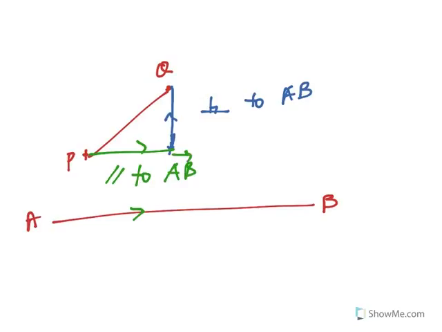We have the blue component which is perpendicular to AB. Right, so perpendicular to AB, and the other components are parallel to AB. So how do we find the blue and green vector? Right, the blue and green vector. Again, all you need to do